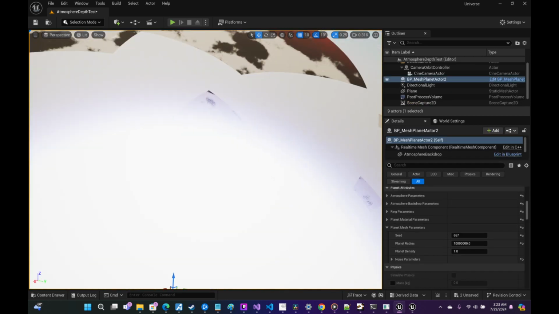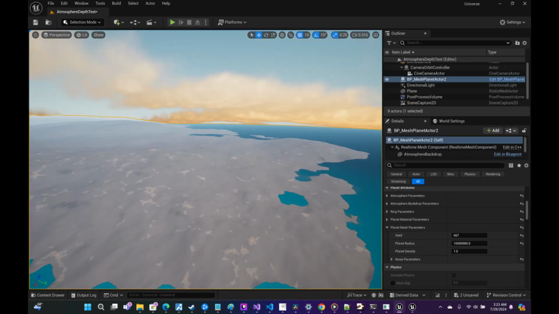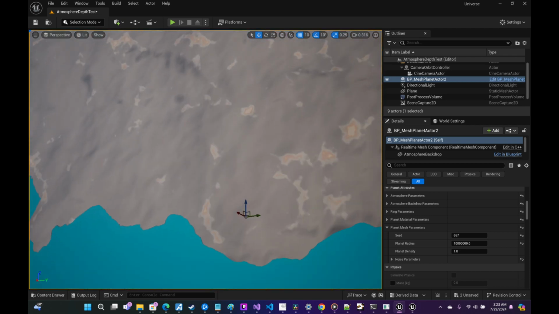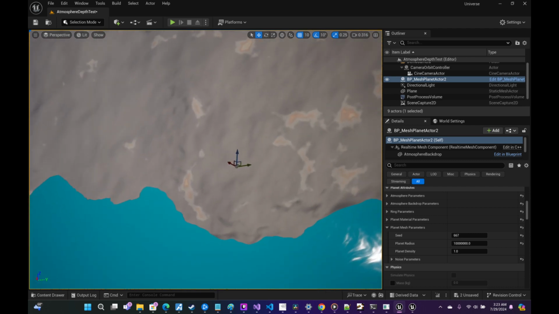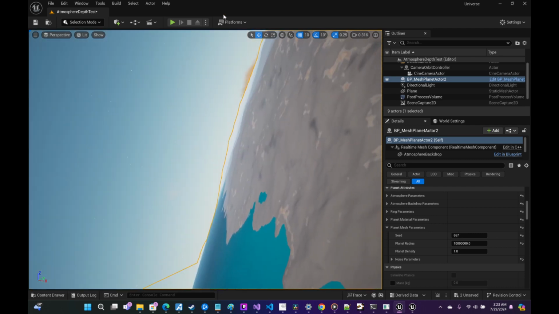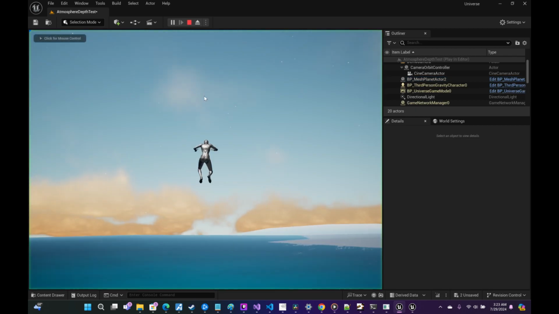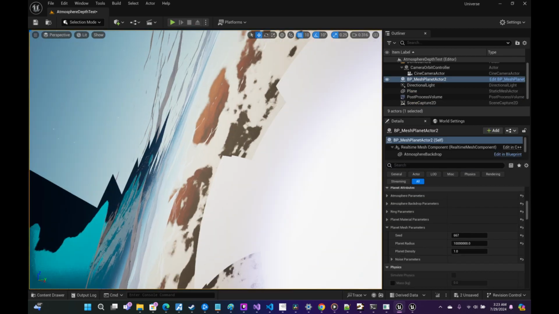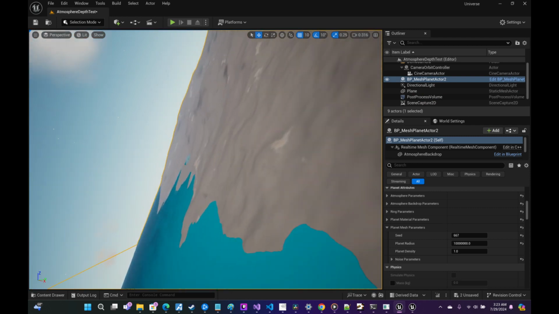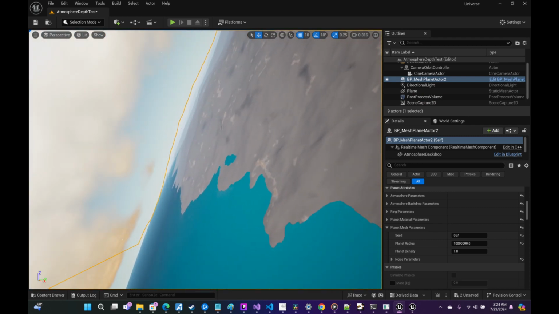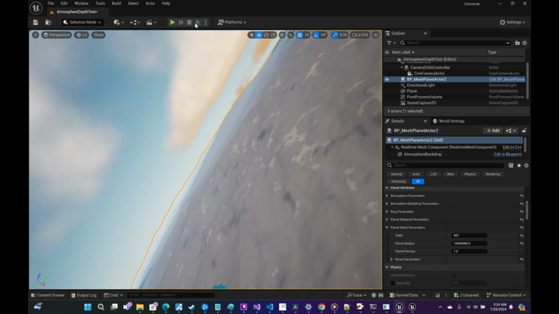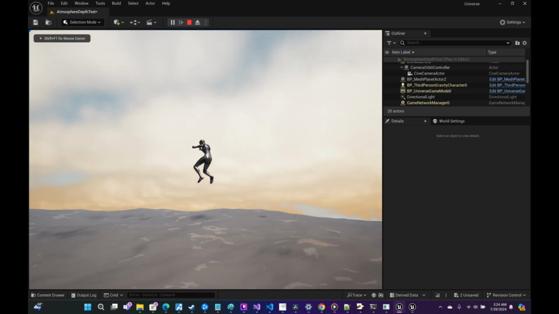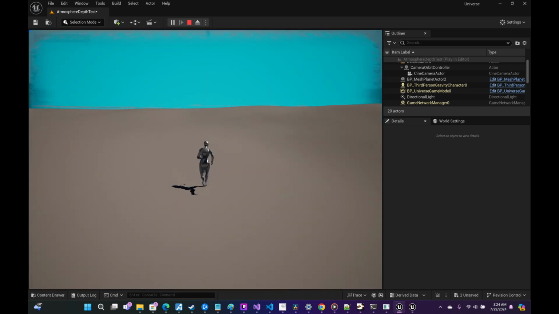Wasn't far enough away. Still too close. We have to build our lowest layer before we touch down, or else we will